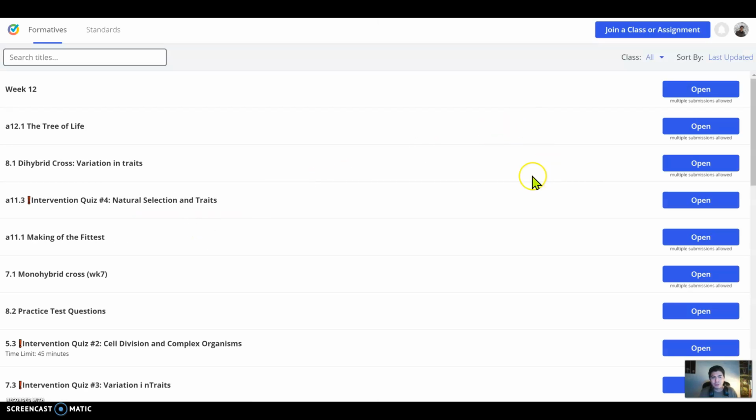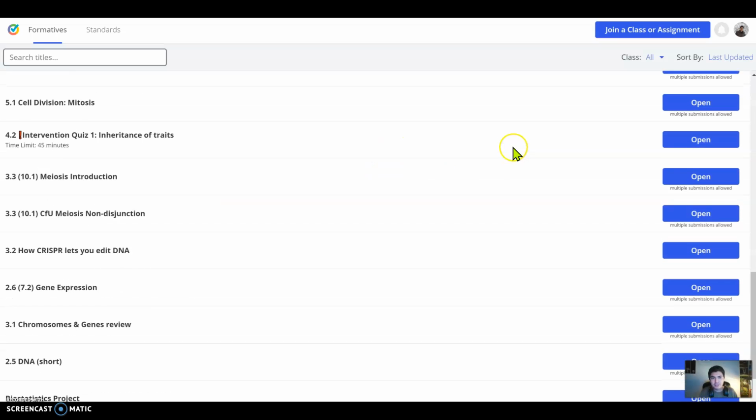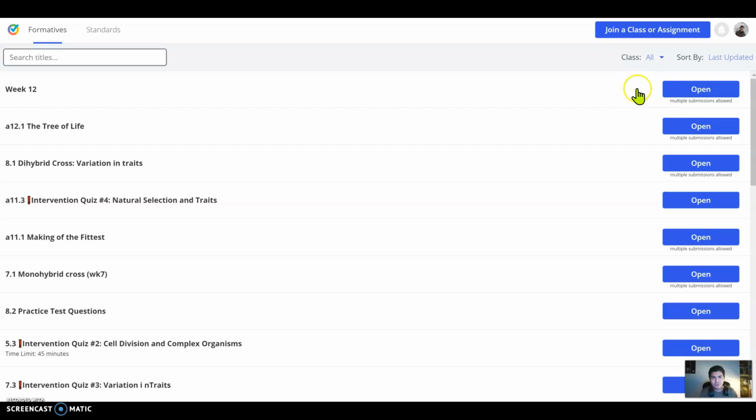and from there you will be able to see every formative that has been created. You will see here next to each one of them that you have completed a little scoring rubric,